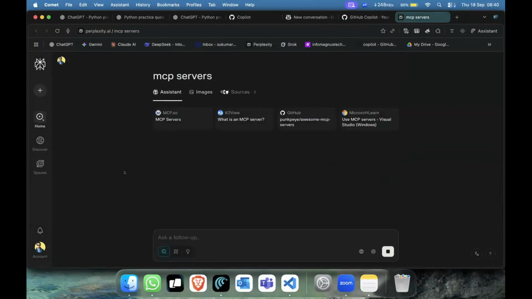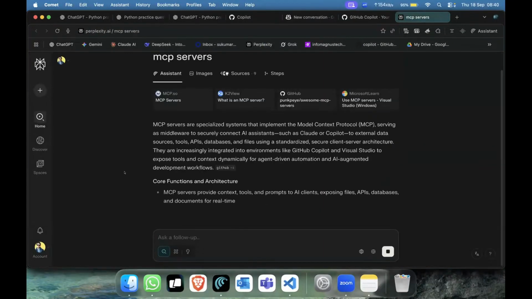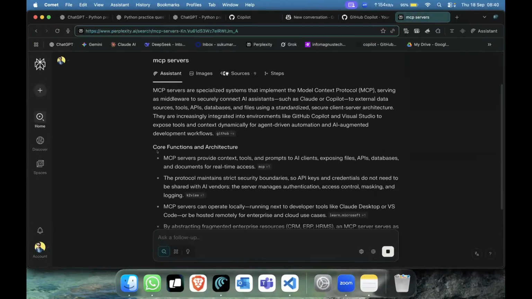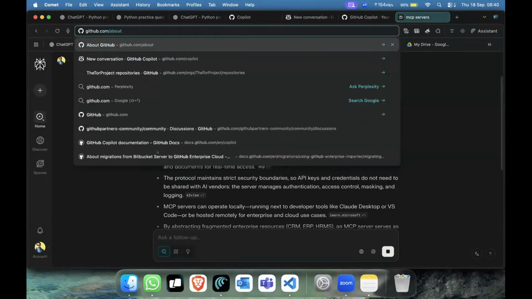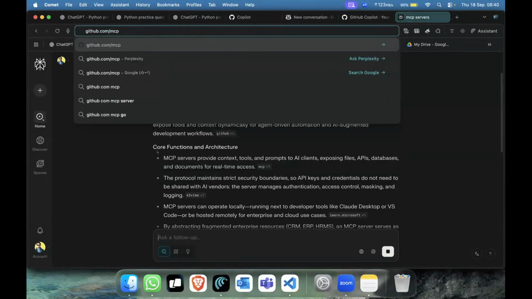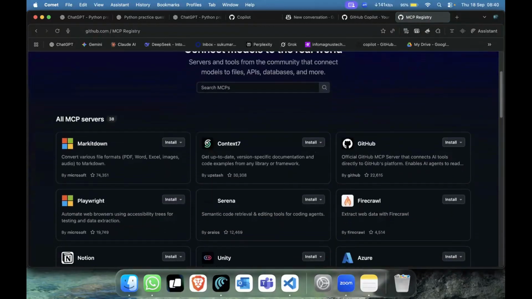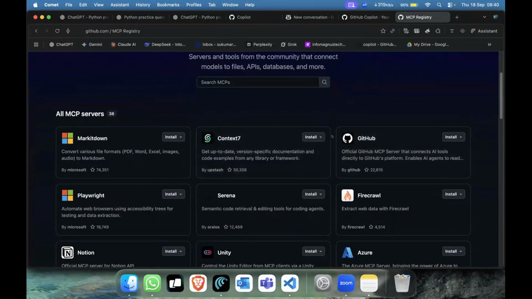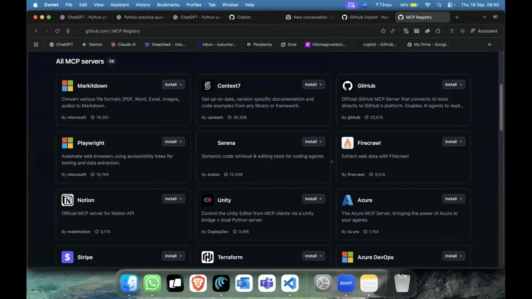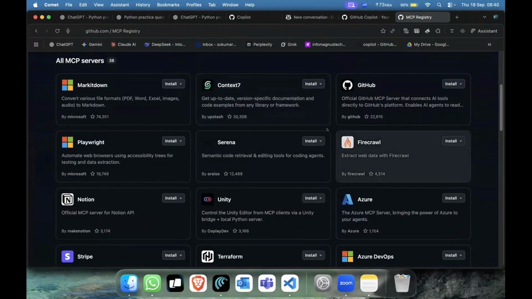There is a repository for that, or you can just go to github.com/MCP, right? There is a registry for that, and you can install any of the AI tool related MCP servers here and